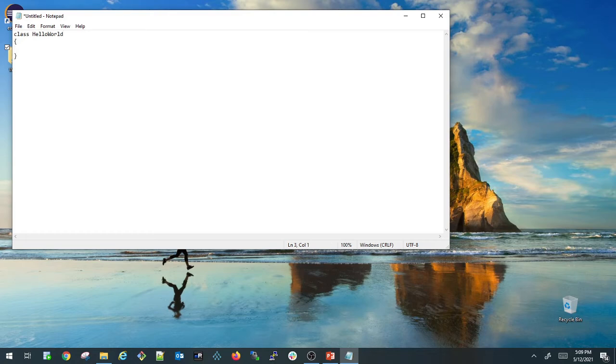Inside that I'm writing my main method: public static void main, and inside the parentheses I'm writing String args, with brackets. I'm opening my main method and closing my main method. Inside that I'm writing System.out.println, "Hello World".